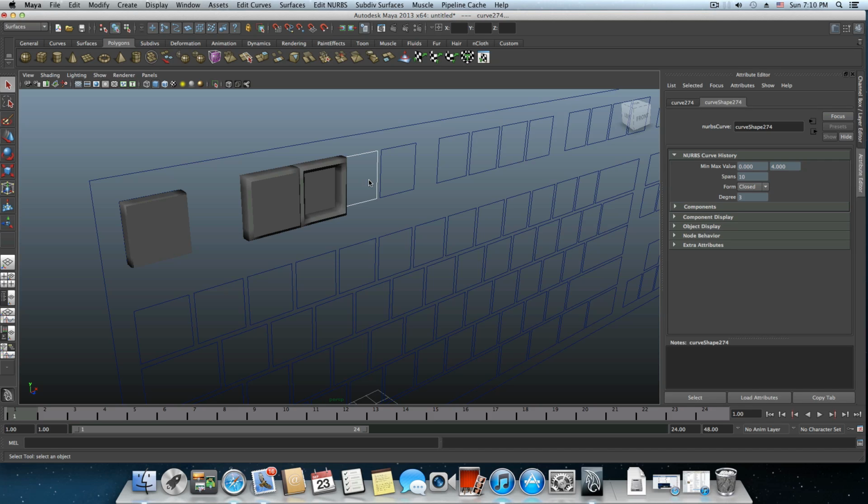Again, in Windows it should be the Windows controller and Y, and in Mac it should be the Command button together with the Y. So hold down